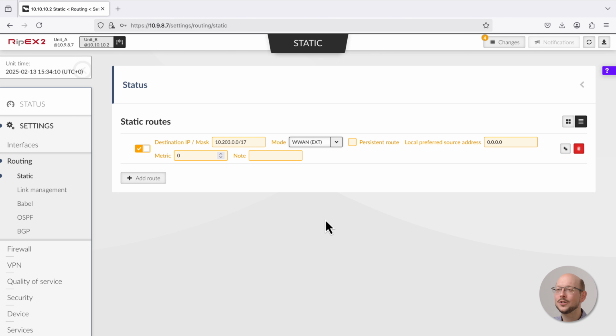Note that you should make this cellular static route permanent. That means if cellular is down, the unit will not attempt to connect to any IP of the subnet using any other interface. You essentially reserve this IP range to cellular from a routing perspective. Once cellular comes up again, the routing rule works as expected again. To do so, check the persistent routing parameter in this routing rule. Now you may review the configuration and send it to the unit.